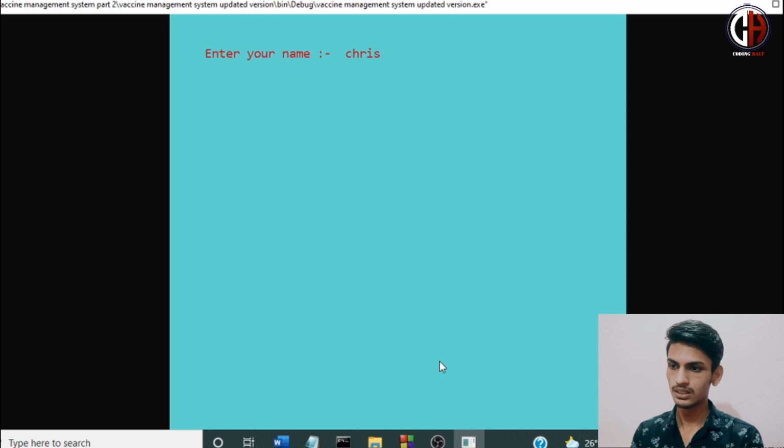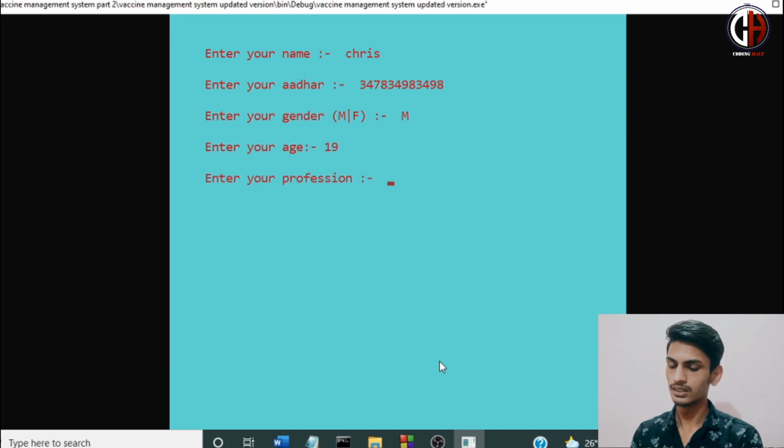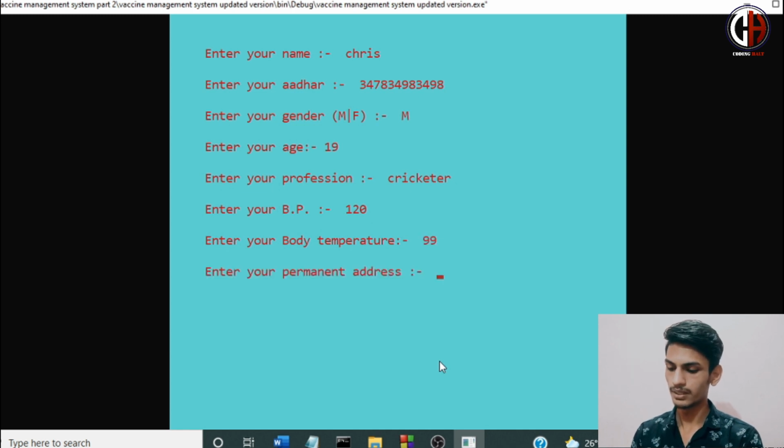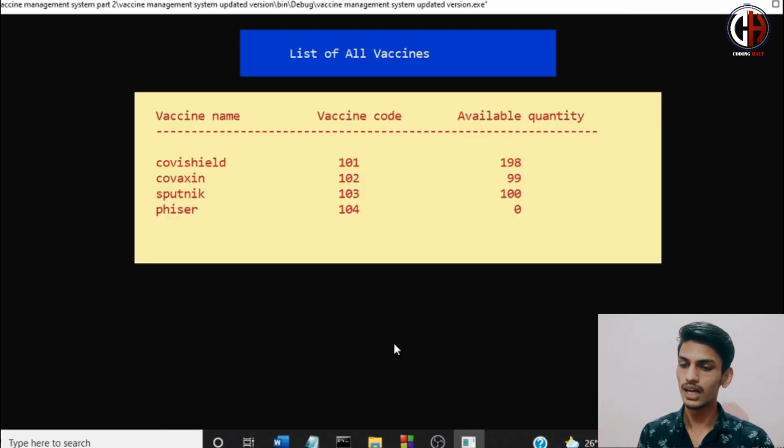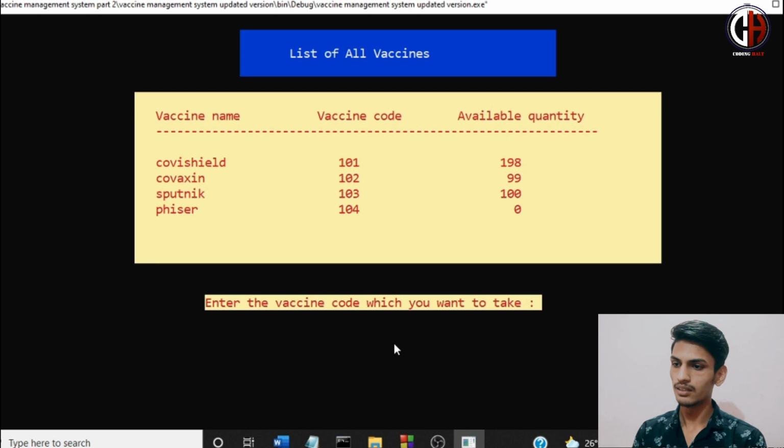The name was Chris, and the other number, suppose I'm entering randomly, and gender is male, age is 19 years, profession is cricketer, and BP is 120, body temperature 99 degrees Fahrenheit, permanent address we have entered, suppose anything, UP, mobile number I'm entering randomly, and the unique reference ID is generated: your reference ID is 403589390.